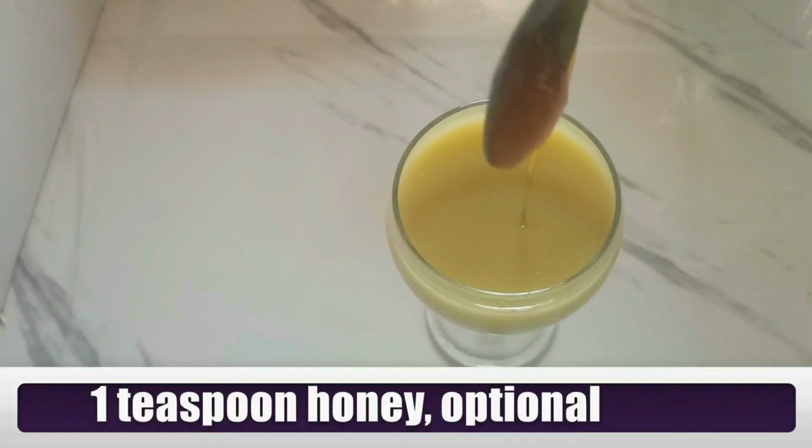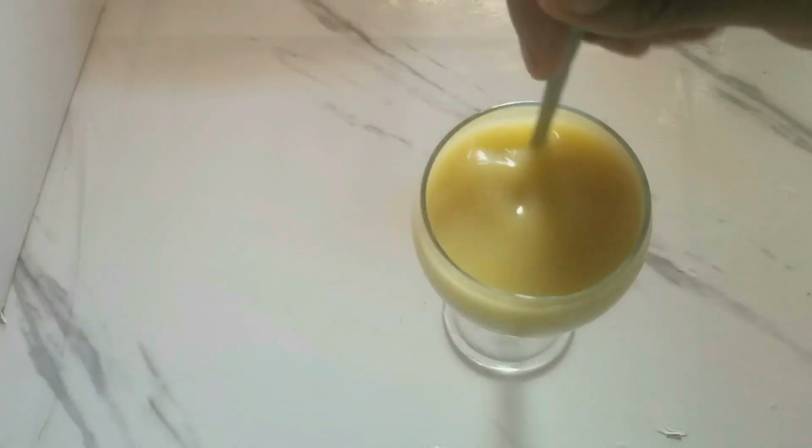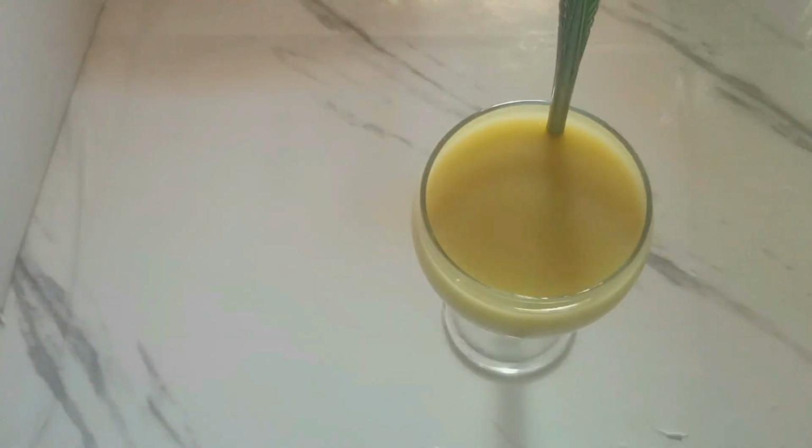And that's it, guys. It's so simple to make and so delicious. Yeah, 1 teaspoon honey, like you can see, and stir that. Ready to drink. I can tell you guys,